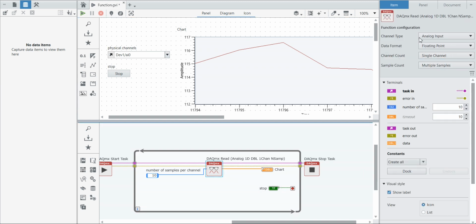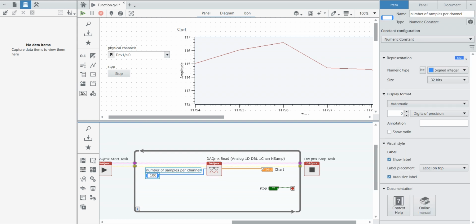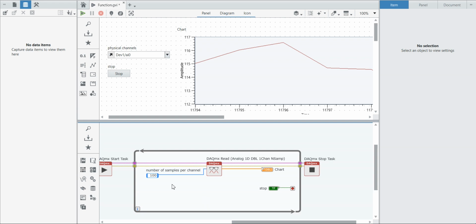Now we can come here and click here. Analog input, floating, single channel, and multiple samples. Single channel, multiple samples, and for the number of samples I am going to put 100 samples.